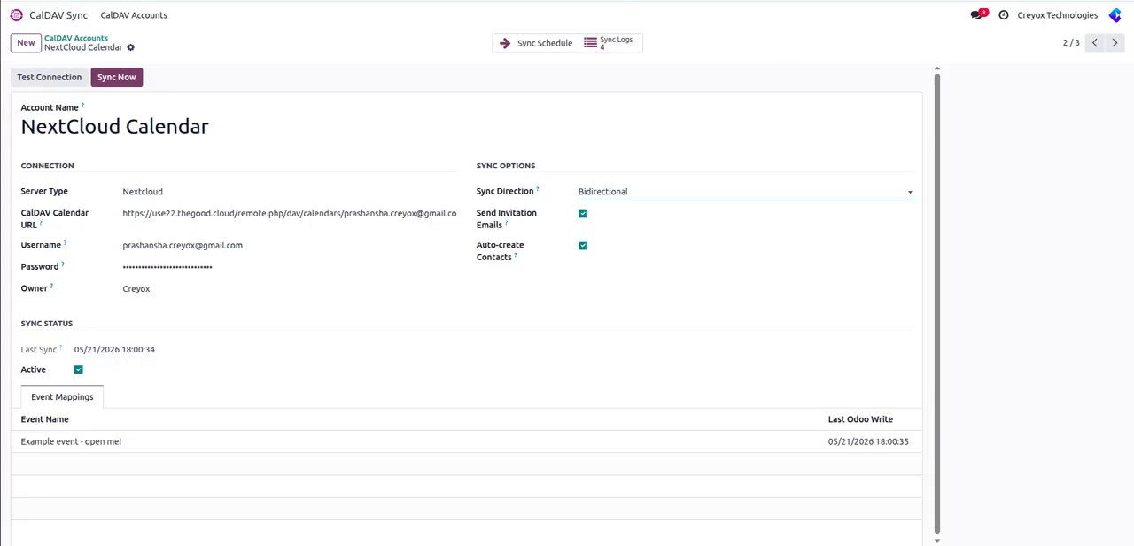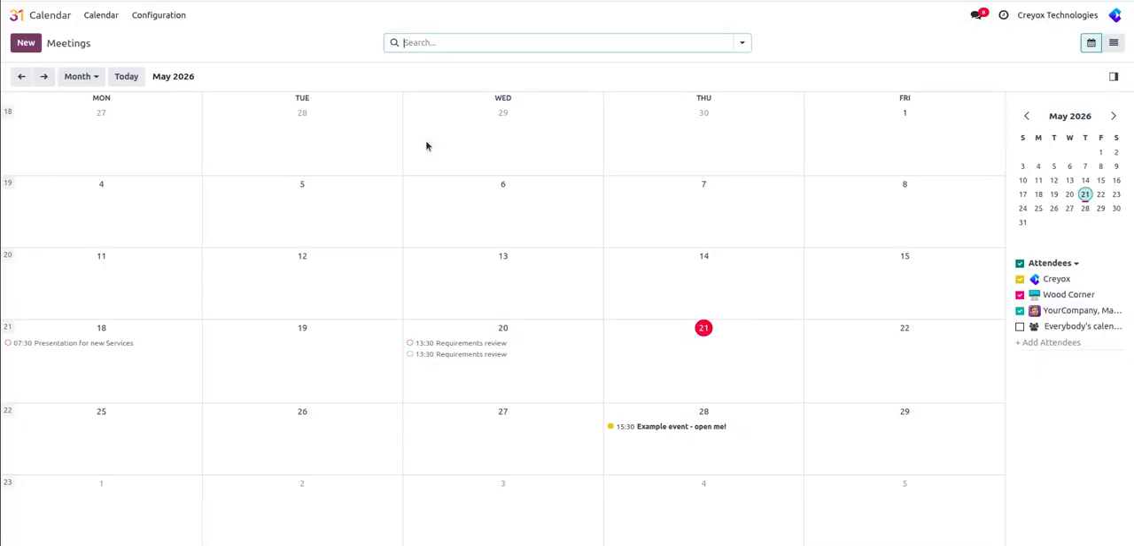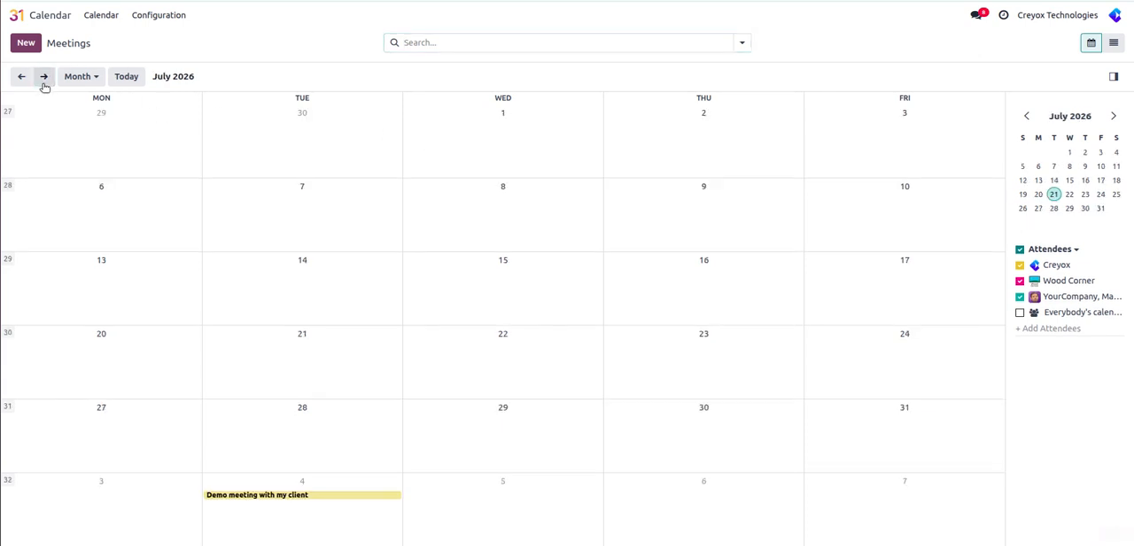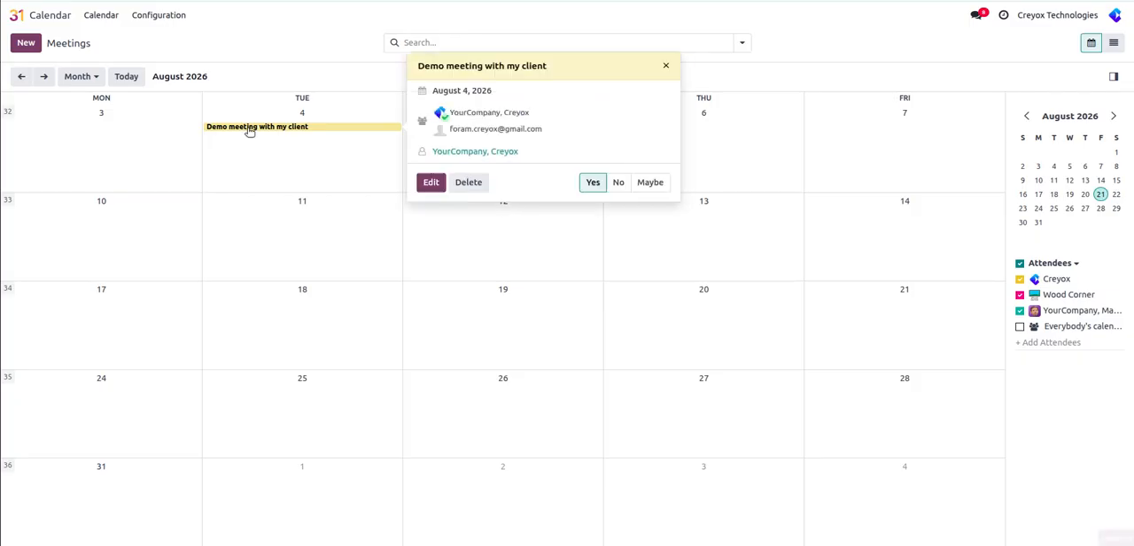Now if I go to my Odoo and click on the button sync now, you can see the sync is completed successfully. If I go to Odoo's calendar and go to the month of August, here you will be able to see the event is created. Now if I update the event name from here, I click on edit,